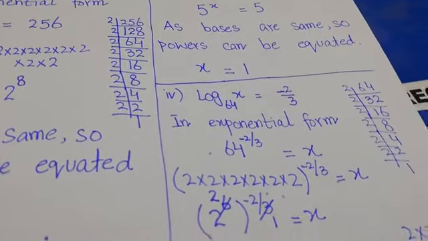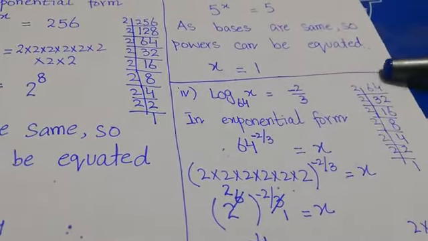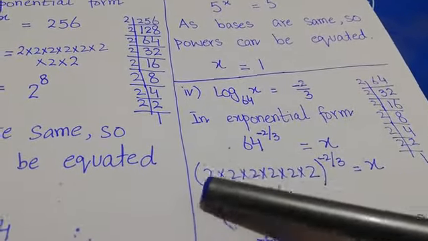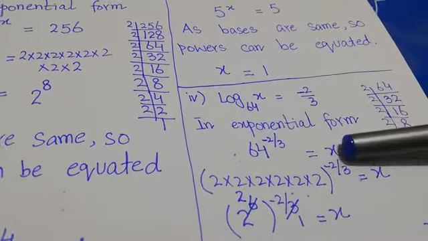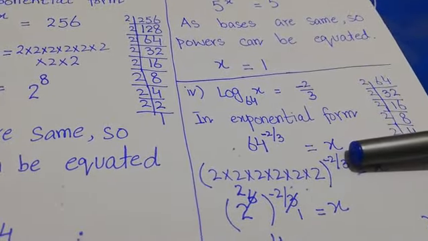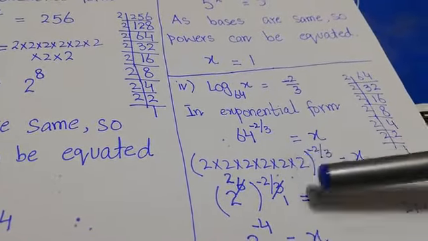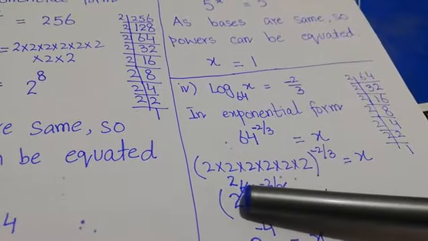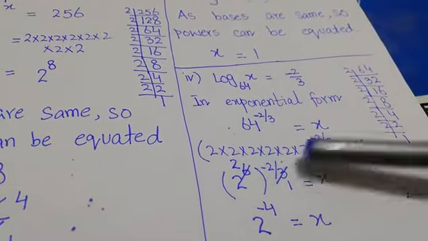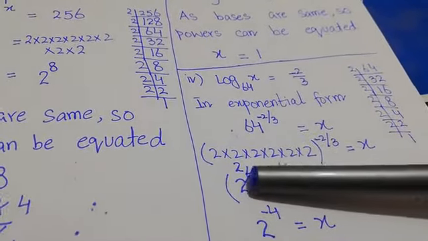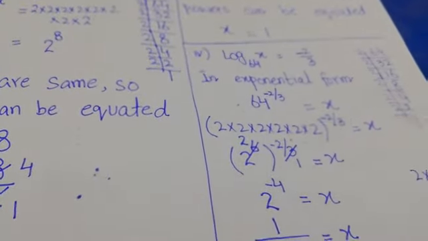Clear? Now, the second step is always to factorize the number. So here I have factorized this 64 in the rough work. We get 2 into 2 into 2 into 2 into 2 into 2. And the outside power minus 2 by 3 remains as it is. Clear? Now, the third step is always to write the factors in index notation. So I can write it as 2 power 6 and the outside power will remain as it is. Now this 3 of the outside power can be cancelled with inside power. So we will have 2 into 2, 2 power minus 4 is equals to x.